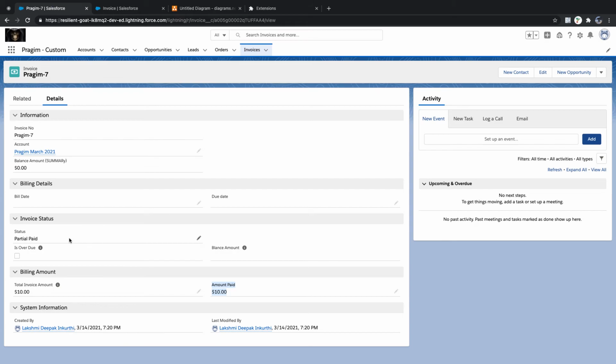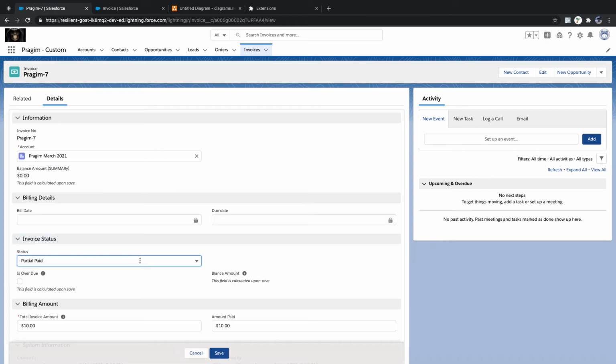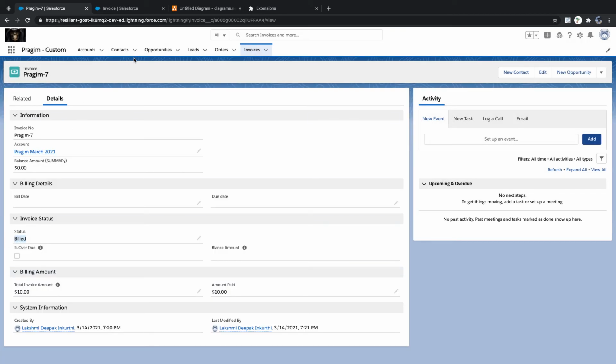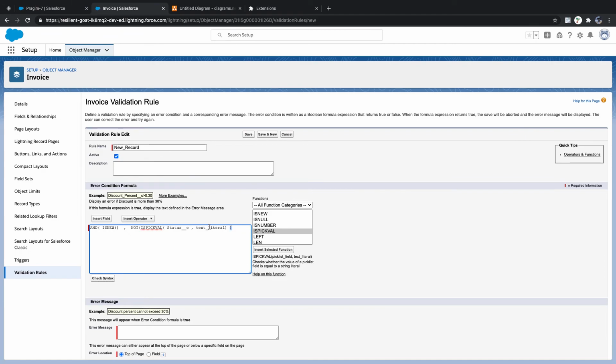By default, I need to select only the status called billed. So my text literal is equal to billed, and the next one is amount paid: not of isBlank of amount paid.